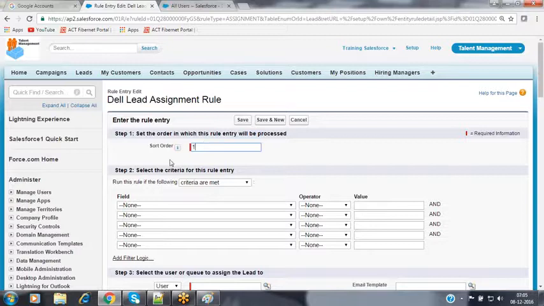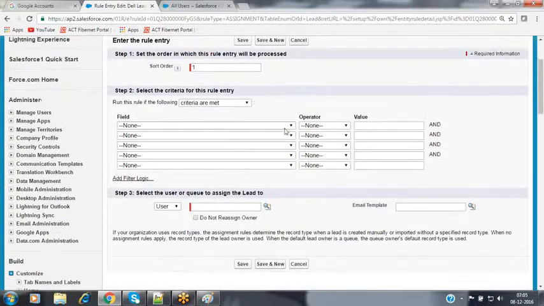So here is the first condition that I'm going to execute. What is the condition that you want to verify?